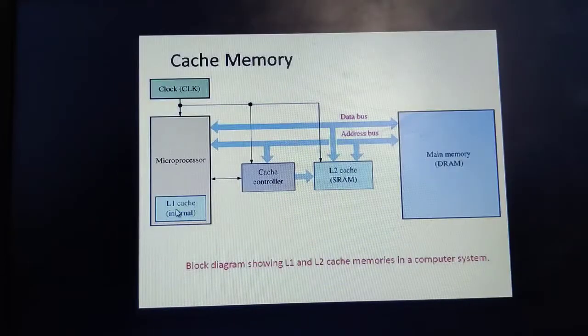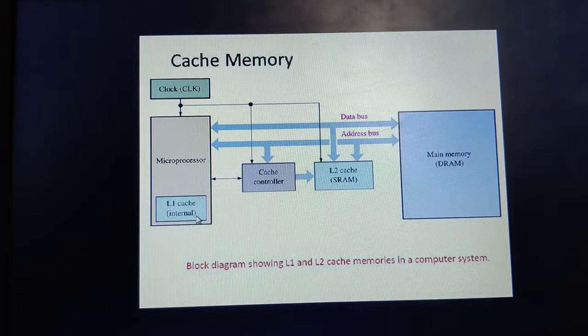We know that L1 is a cache memory that is already built into the microprocessor, so it is one of the fastest cache memories, and it has the speed of the microprocessor itself. However, these cache memories are only comparatively faster than the random access memory. They are very expensive and much smaller in size. Usually they come in sizes from 256 KB up to 2 MB. So we have 3 different cache memories: L1, L2 and L3.